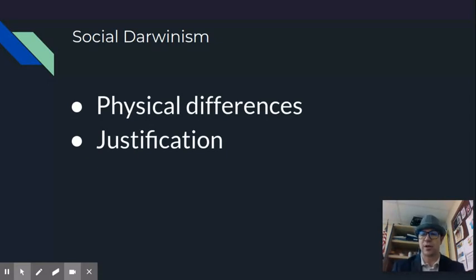the bad things that are going on, and that's social Darwinism. And social Darwinism is based off of Charles Darwin's theory of evolution, which occurs in the early to mid 1800s. And these imperialists, they look at it and say, yeah, that's the justification. There's physical differences between white people and people of color. And since at this time period, Europeans had finally made it to the top, they see it as that means that Europeans are better and that they're fit to lead the new world and other peoples should serve them.